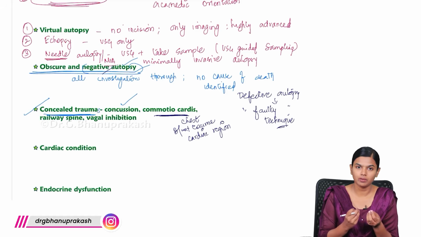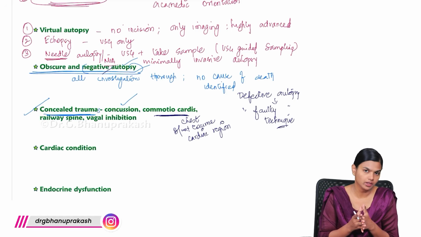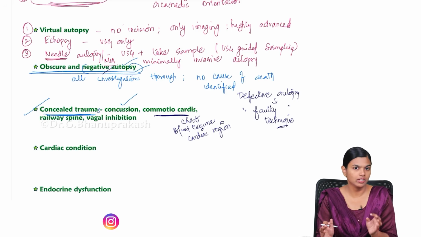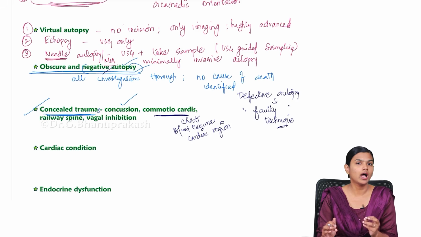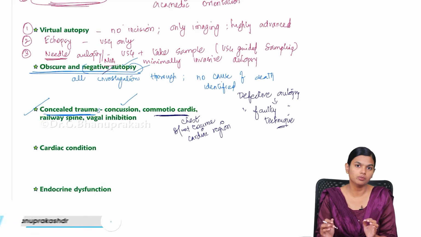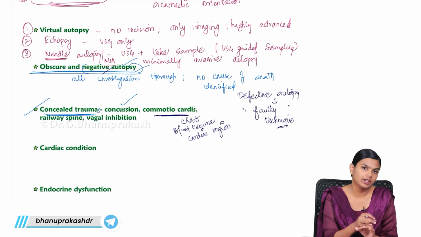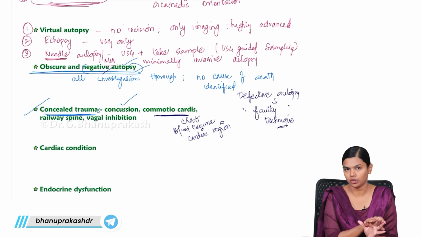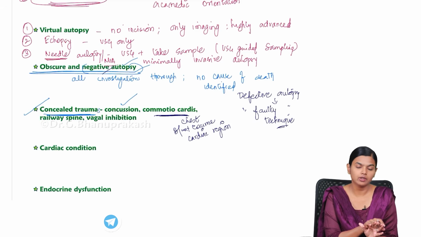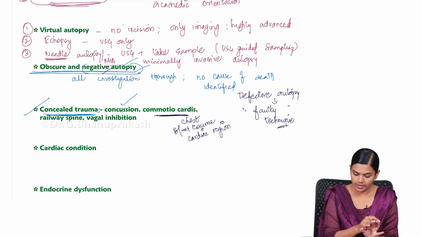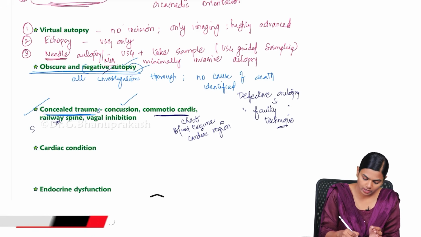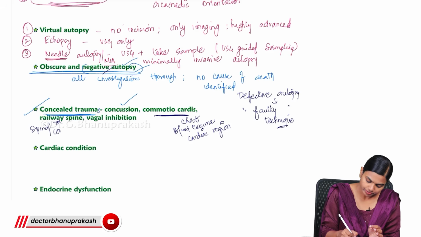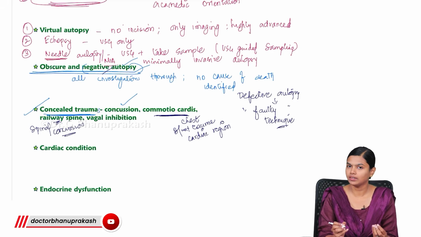Even if something like a very early myocardial infarction had happened, if the patient dies instantaneously, you won't be able to identify any changes. It takes a minimum of 3 hours to have some meaningful change in the body. So if something happens instantaneously, you won't identify any changes with any autopsy technique, and it will be labeled a negative autopsy. Another example is railway spine, a spinal concussion. Like how the brain is concussed, here the spine undergoes concussion and there is death.